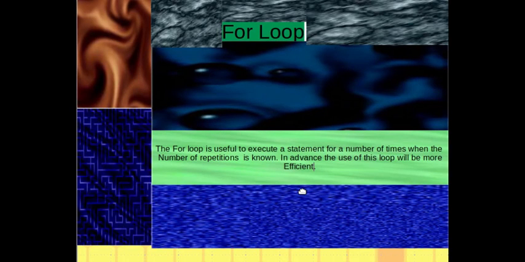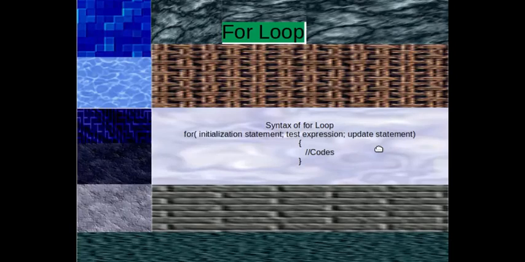For loop in C programming. Loops are used in programming to repeat a specific block until some condition is met. The syntax of a for loop is: for (initialization statement; test expression; update statement) { // code }